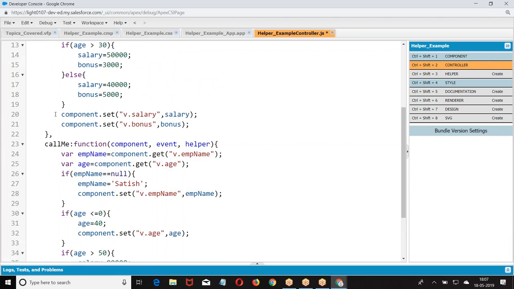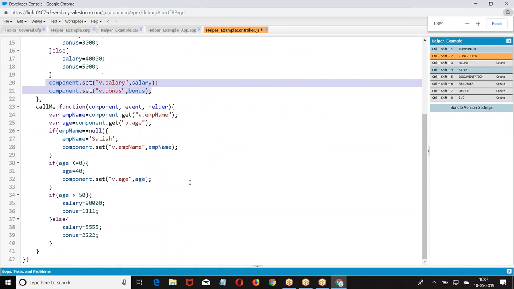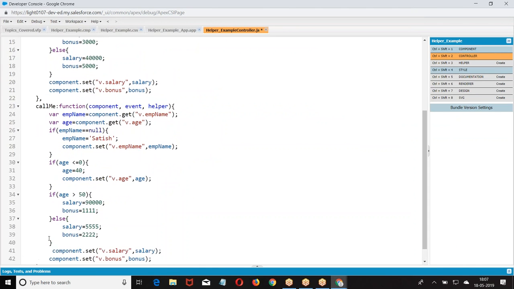Something I have given. Then what do I ask you to do? Set the value. Now, if you look at this, both of them have some common functionality.